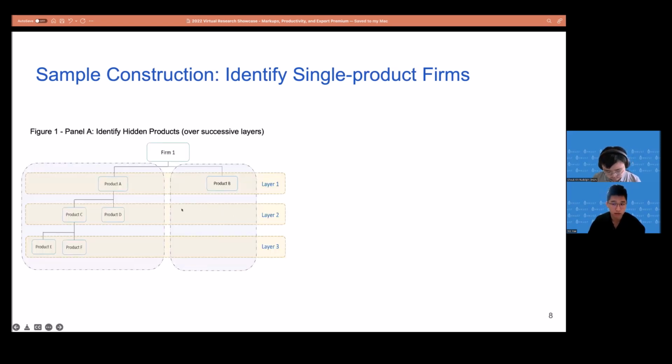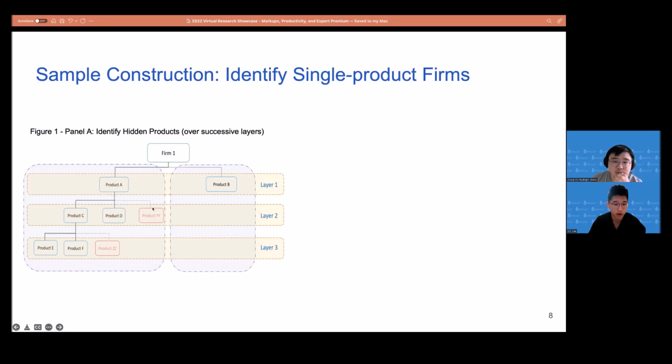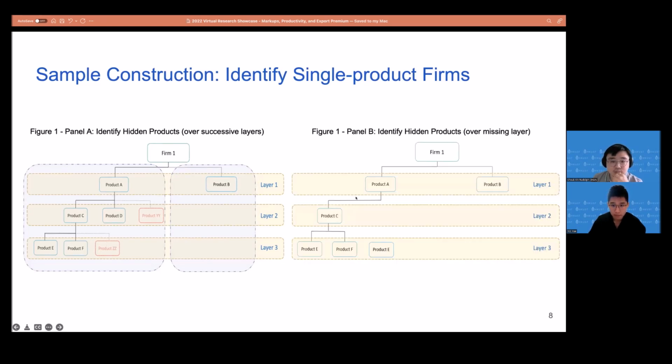So in the production survey, the data structure looks like this. Here we can see that we can only identify 4 products in firm 1, but there may exist some hidden product. For example, when we compare the quantity of product A with the sum of product C and D, we may identify that there may exist some hidden product YY, and the same for the hidden product ZZ here. And if there is a product E that exists in the 3rd layer but not in the 2nd layer, then we can first identify there is a product DD in the